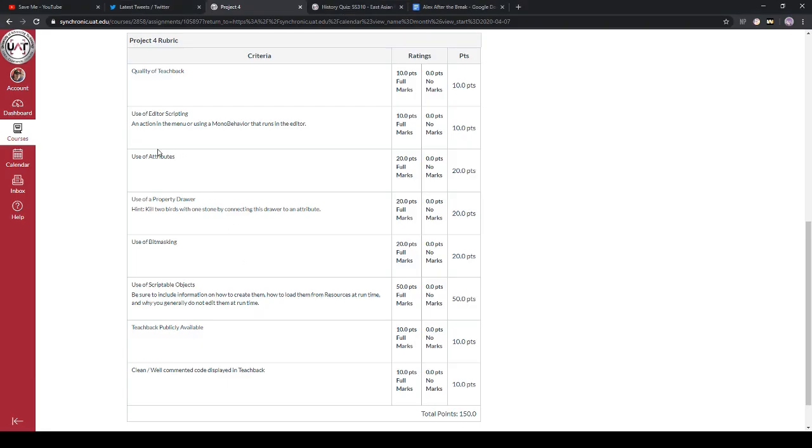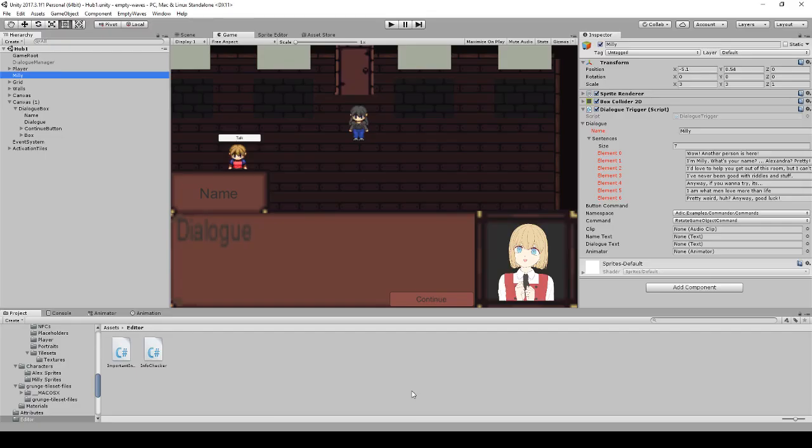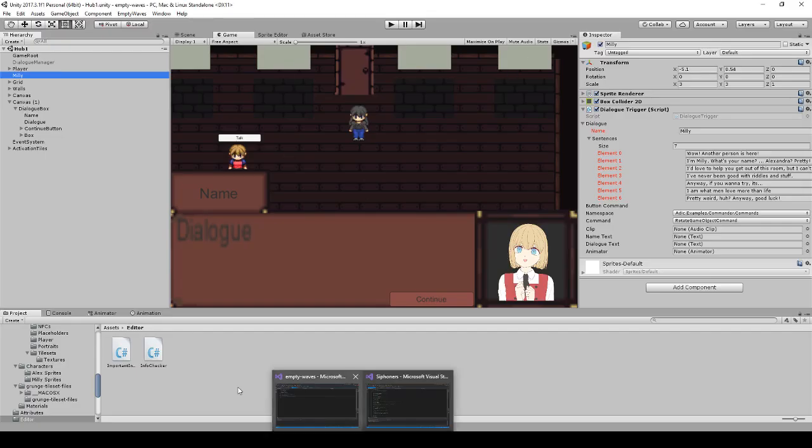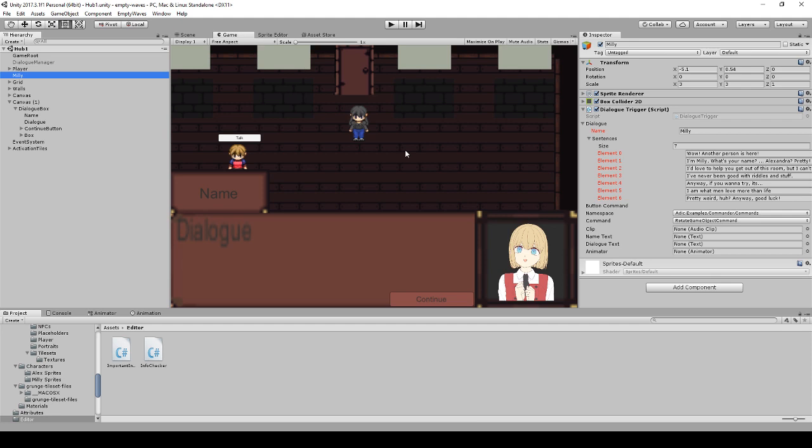And then attributes and property drawers, I looked into very much. One of the examples in the documents or the modules was making important information to fill out become a certain color so they know that is important. So if Empty Waves, this game that I've been working on throughout the semester, actually gets worked on ever by me or anybody else,